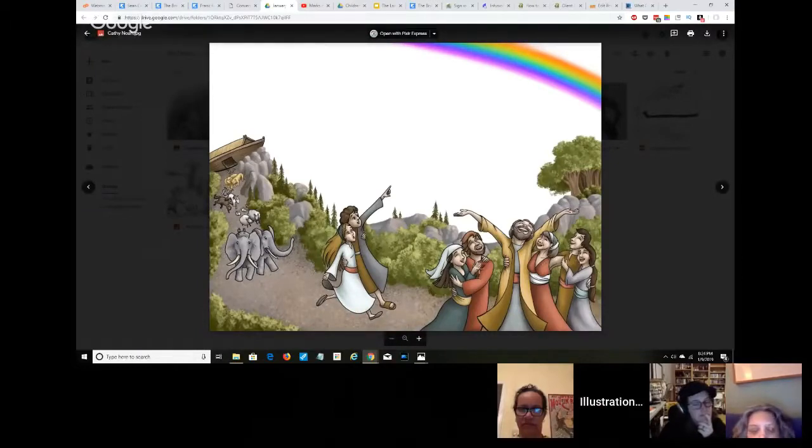So this is sort of a direction issue. Could you add another figure or two where some people are looking at the rainbow with their backs to us, so that we get a sense of the rainbow back there,